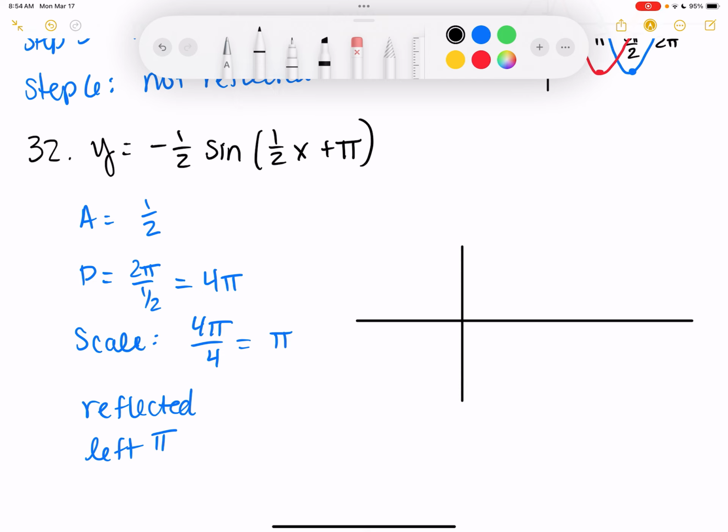I'm going to have 3 separate graphs on here this time. So I'm going to put on the period, which goes out to 4 pi, in increments of pi. So I've got pi, 2 pi, 3 pi. I know I'm going to be going left pi, so I'm going to go ahead and put a negative pi on here. Then my amplitude is 1/2, so like I said, I'm just going to make sure that I'm noting